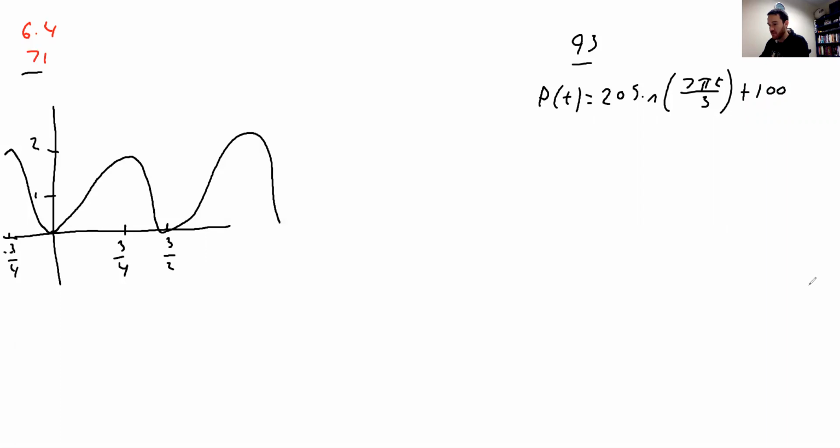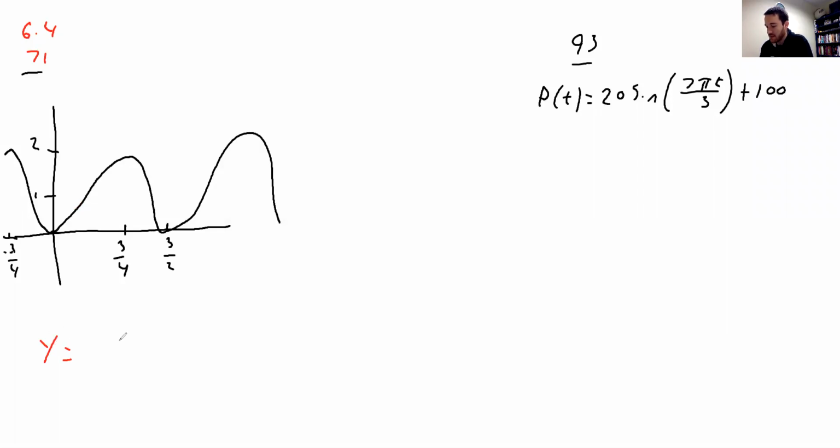yesterday, is from 6.4, number 71, and we are looking to match up this curve with the actual trig function, the sine or cosine function that this would match up with. So this is a tricky one because, as you can see, the center of this is kind of going through 1. And I know I said that the sine curve normally starts at 0, 0, and the cosine graph normally starts at its top or bottom. But this is actually a cosine curve because it's a cosine curve that's been shifted up 1 and then reflected upside down. So what we have here is actually